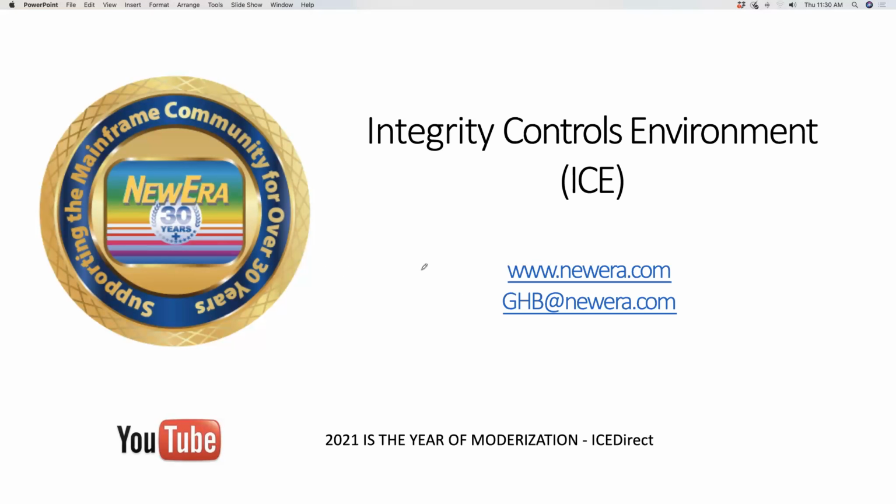You can think of 2021 as a year of modernization here at New Era. So we've made improvements to standalone environment, as you saw. There's been improvements made to image focus in the control editor that are in the other update. But there's a totally new approach to letting you manage the integrity controls environment and its data space, all the information, all the data created by all the products. And that's something called ICE Direct. ICE Direct will be an interface into that data space from a web-enabled browser. And there are videos out there now that will show you what we're doing. It's not ready